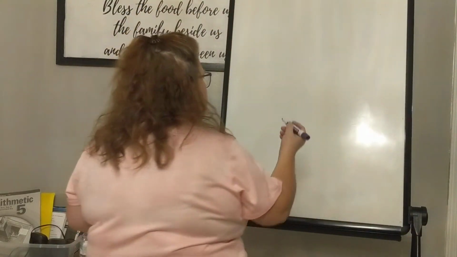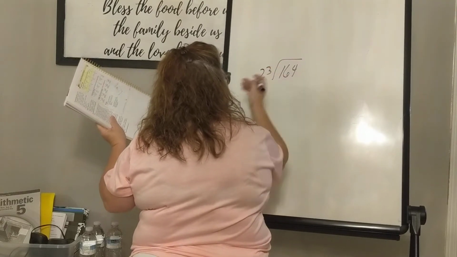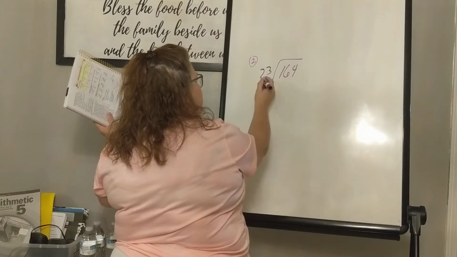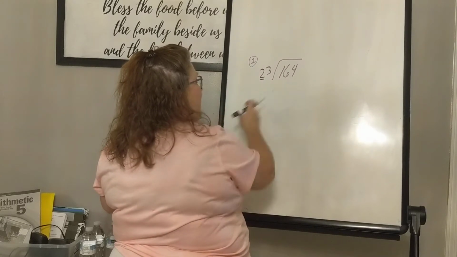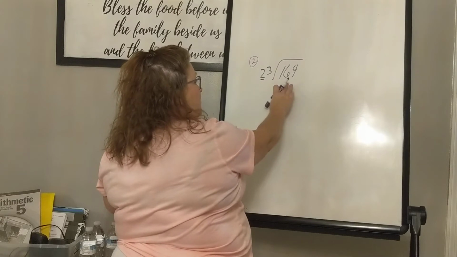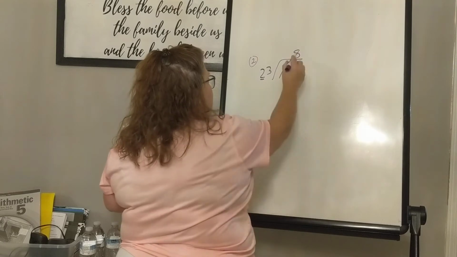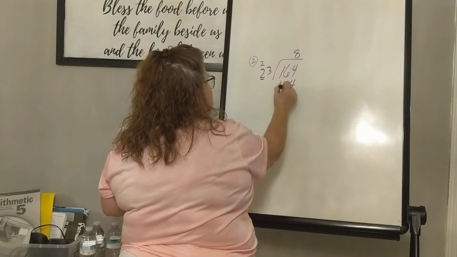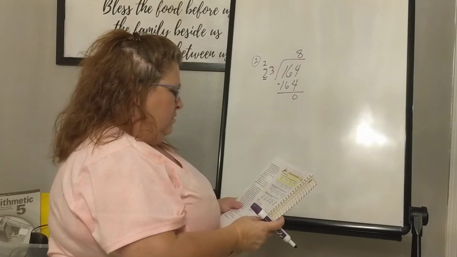So section 2, letter A, we have 164 divided by 23. So our pretend digit is going to be 2 because our 3 is less than 5, so we'll just use our digit in front of our 3. So 2 will go into 16 8 times. 23 can't go into 16, it can go into 164. So our 8 will go above the 4. 8 times 3 is 24, put 4 down, carry the 2, and 8 times 2 is 16. So that went in there evenly with no